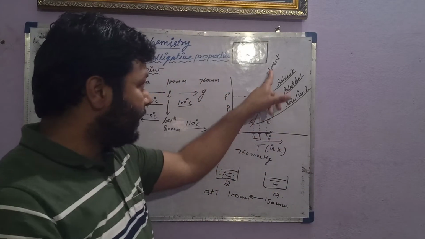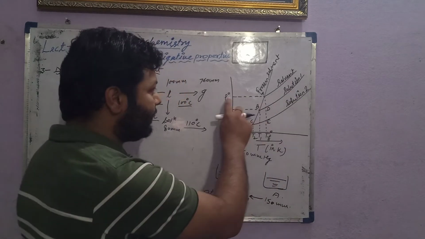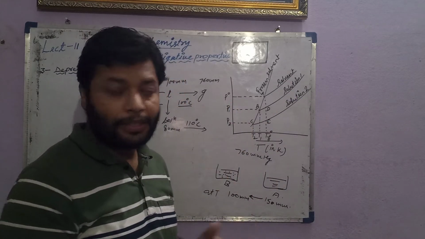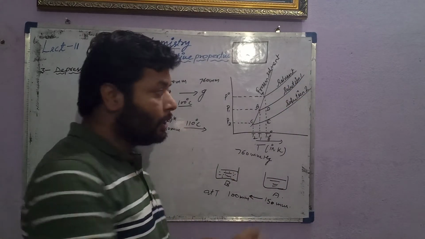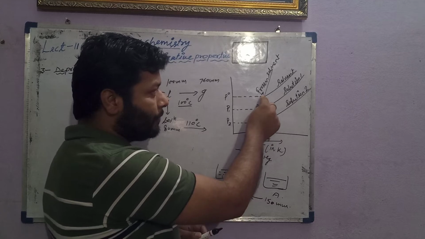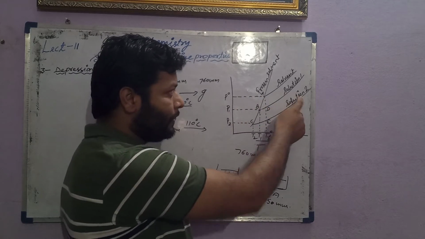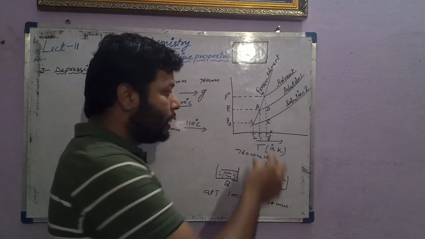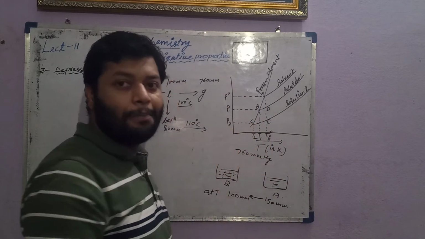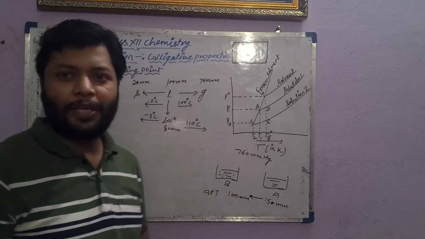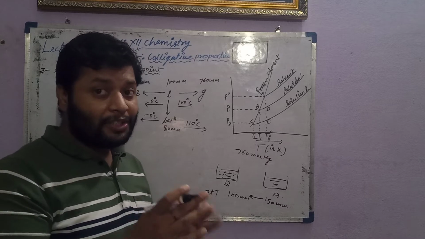In the graph, this line is called the frozen solvent line. There is a solvent, the pressure being called P0, the vapor pressure in the pure state. When we added a non-volatile solute, the vapor pressure decreases from this to this, and now the pressure of the solution is P1. When we added more non-volatile solute, the vapor pressure decreases more, and the vapor pressure is now called P2. You can see from the graph the temperature is lowered.